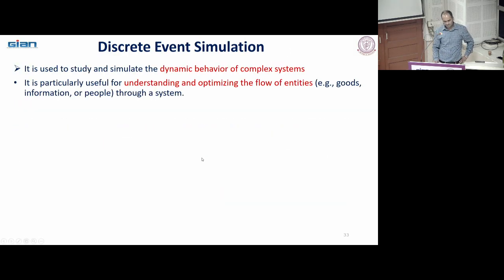And discrete event is dynamic behavior, understanding and optimizing the flow. Discrete event means flow, the activities happening at discrete points of time in your supply chain, because if you